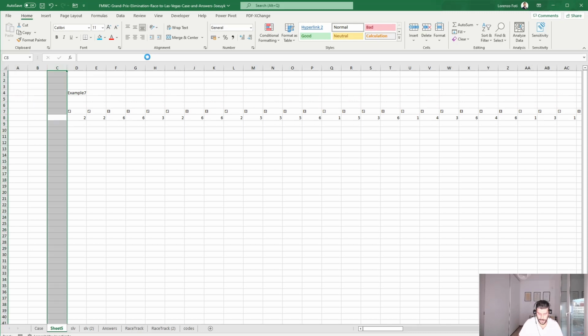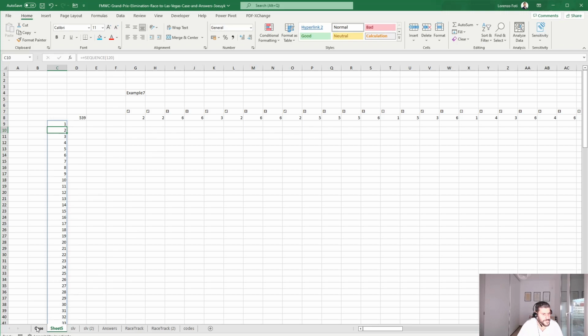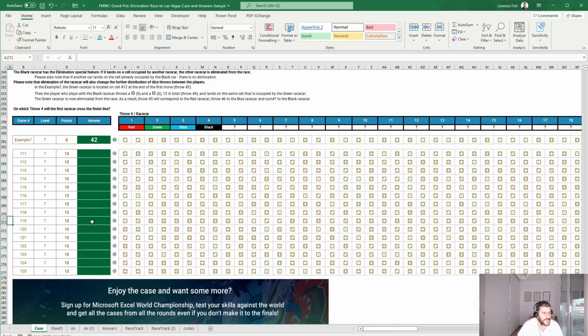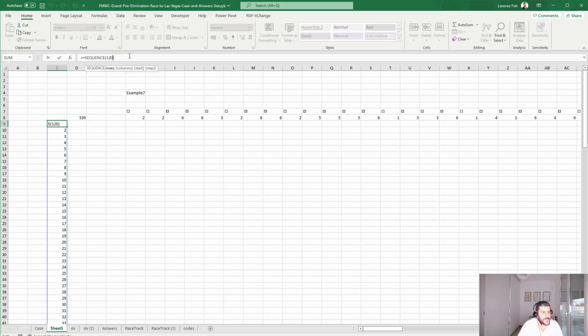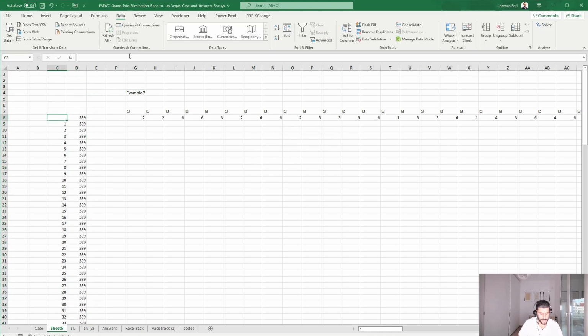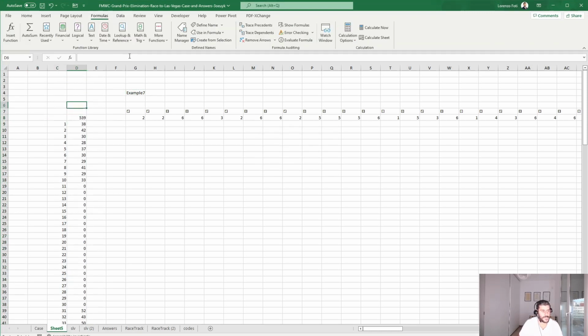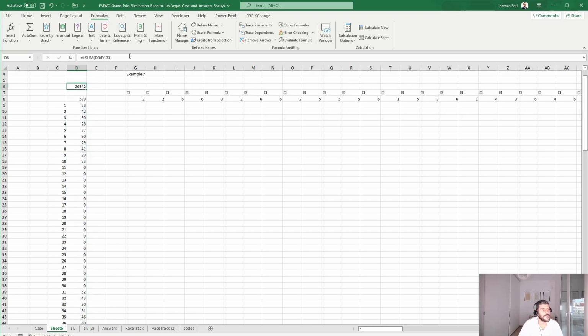I want to sum this, and I want another data table, 120, 125 actually, excluding the examples. Let's do the data table and sum this stuff. So 2342,